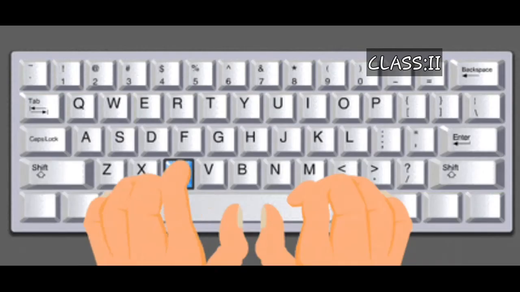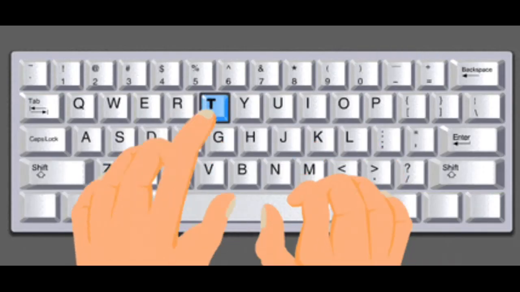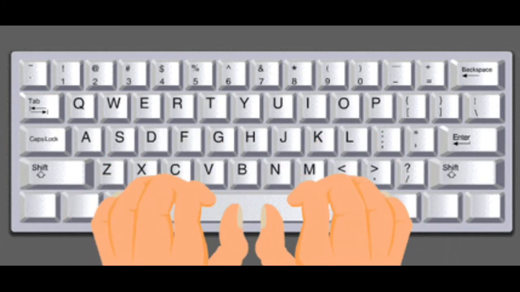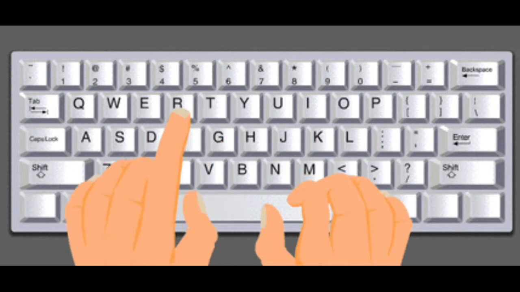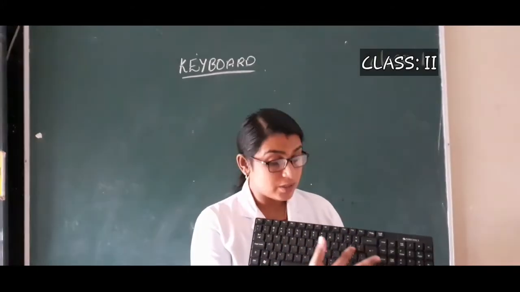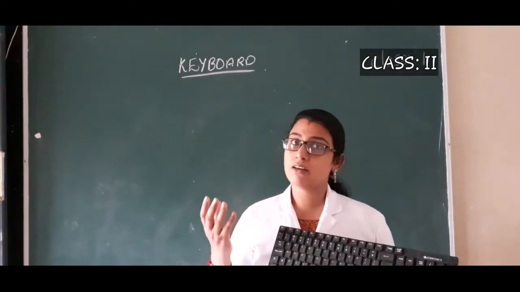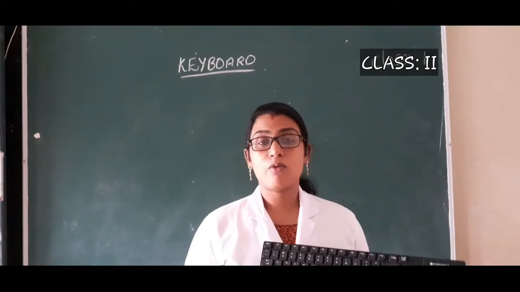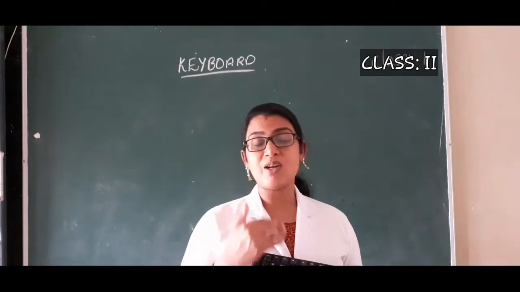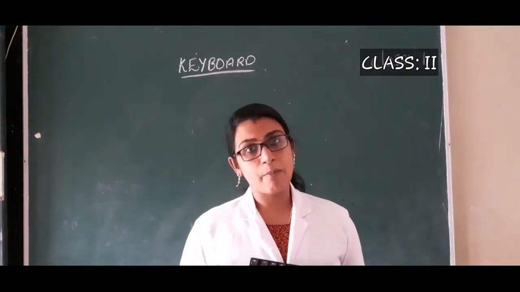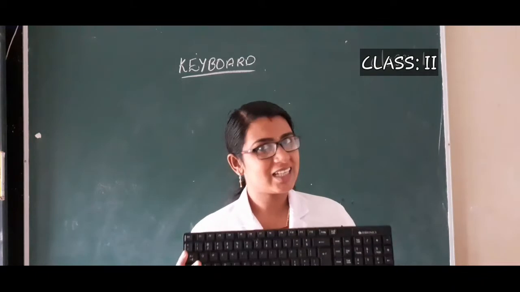A keyboard usually has 101 or 104 keys. Letters, numbers or symbols are printed on the keys, which are typed when that key is pressed. So by using these keys, we can enter data. We can type a document, or type your name, age or letters, anything in the computer by using this keyboard.